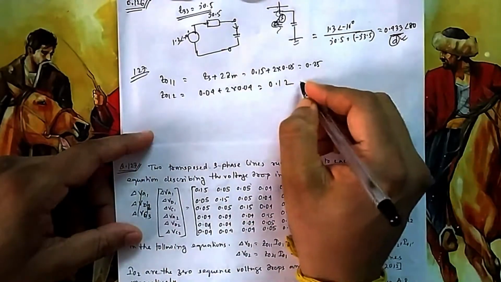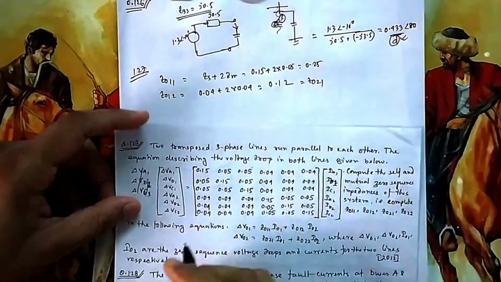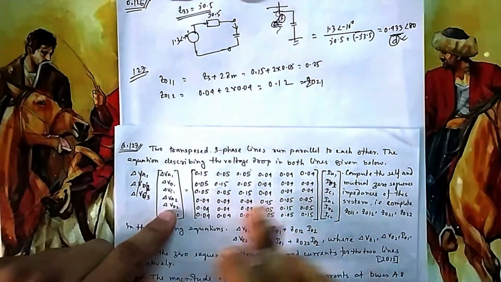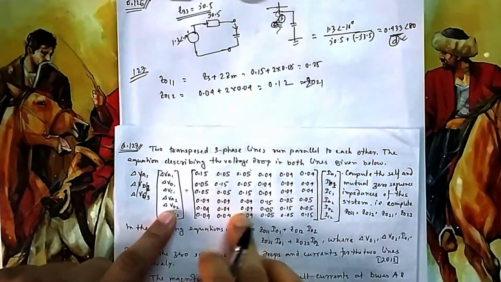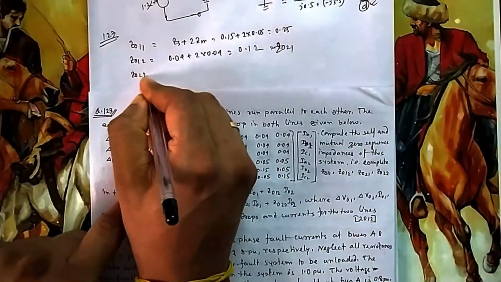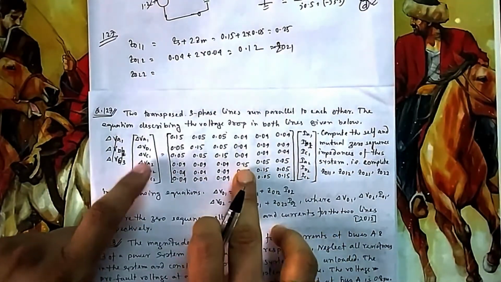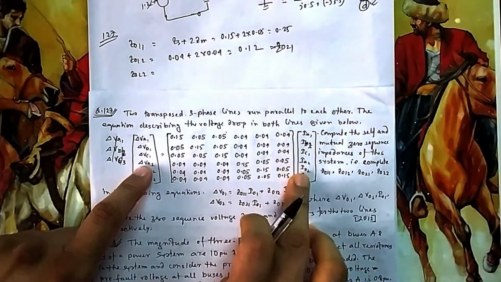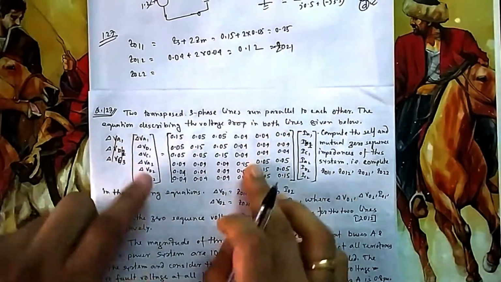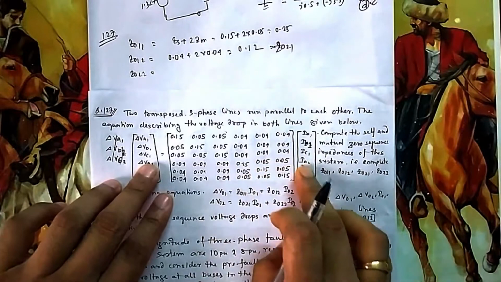Now similarly you can find this is also Z021, because from 2 and 1 the relation is again the same, and Z022 is between 2 and 2, this is the matrix between 2 and 2. You can see V2 will be this into this, this into this, this into this. Now forget all these things. This is equal to this multiplied by this.